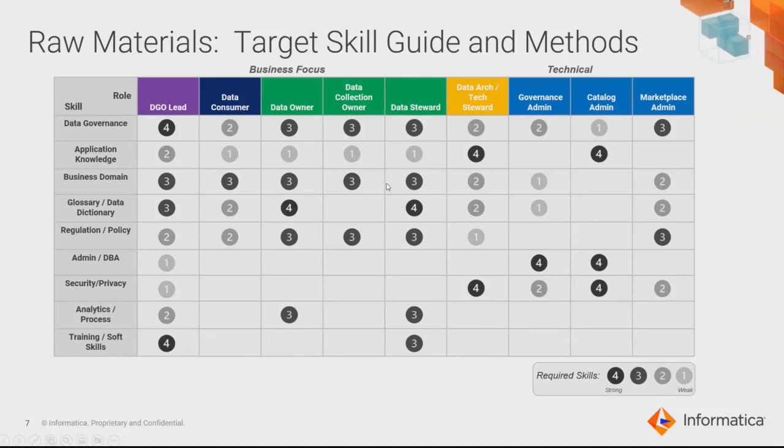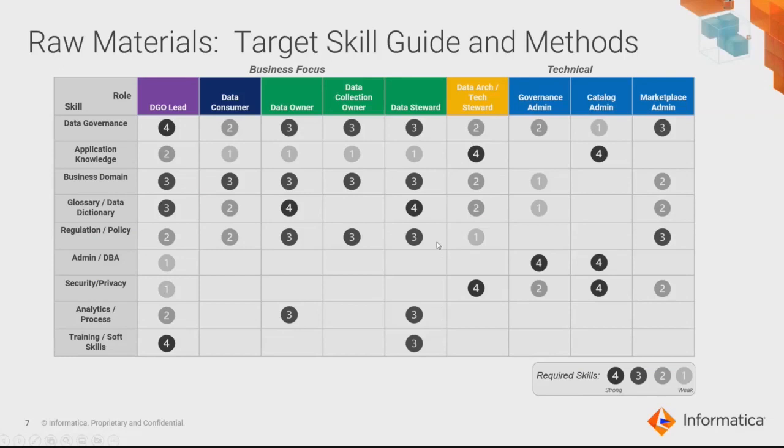Now, these again would be kind of additive. On a small team, somebody might be all of these stewards at once. They might be the owner, the collection owner, and the steward. So in that case, you kind of just roll these up and take the highest number and say, that's the skill set that this person needs. And again, somebody might even be both of these at once early on. You might have someone that's the data steward and the tech steward. So again, they're going to need a combination of these skills, and then of course the courses to run with them.